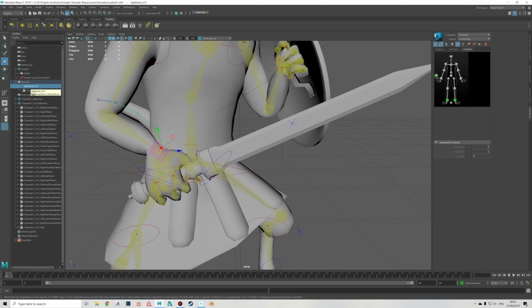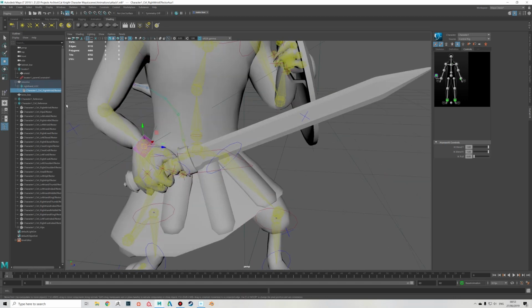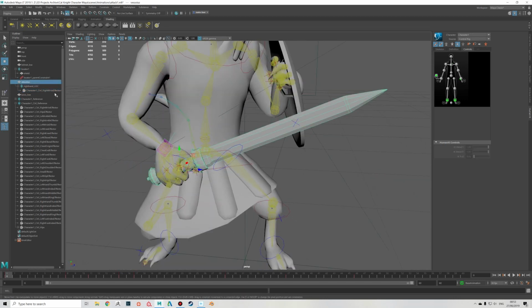Alright, and then now I have, sorry, I mean the locator. So the sword is parent of the locator, and then this locator is the parent of this effector. And in this way, now this is set up properly. Now when I move this sword, what happens is that the locator is going to move, and because the locator happens to